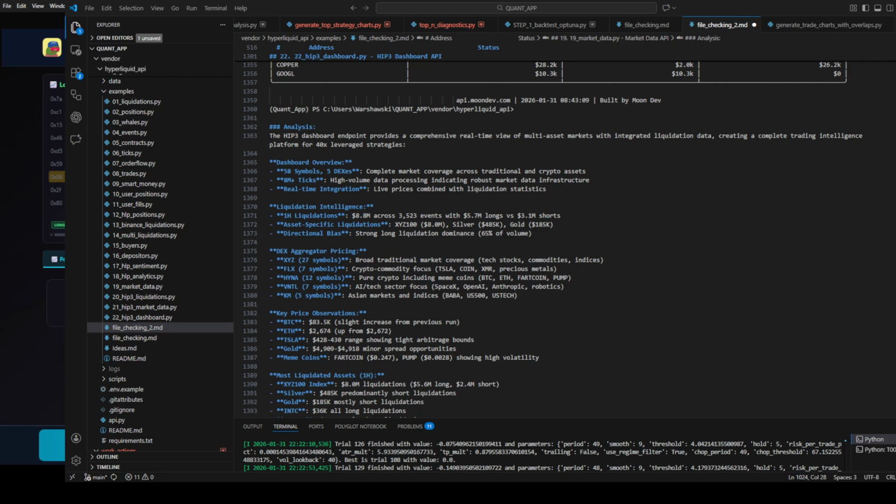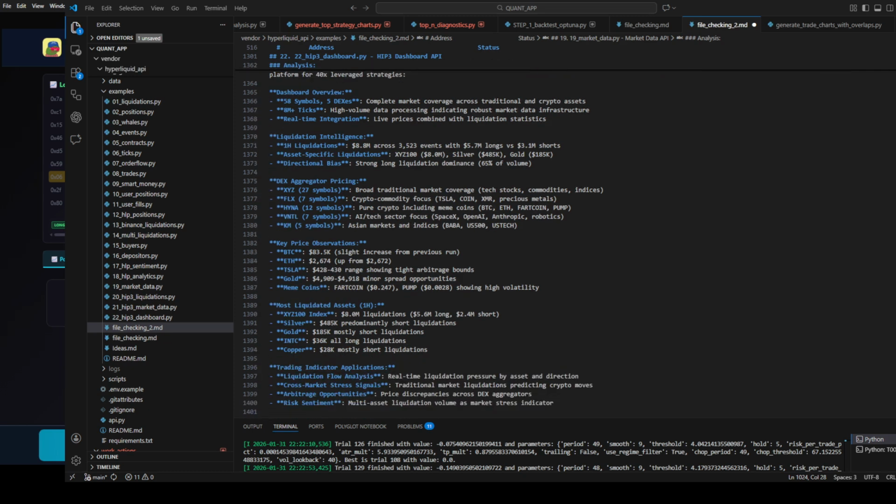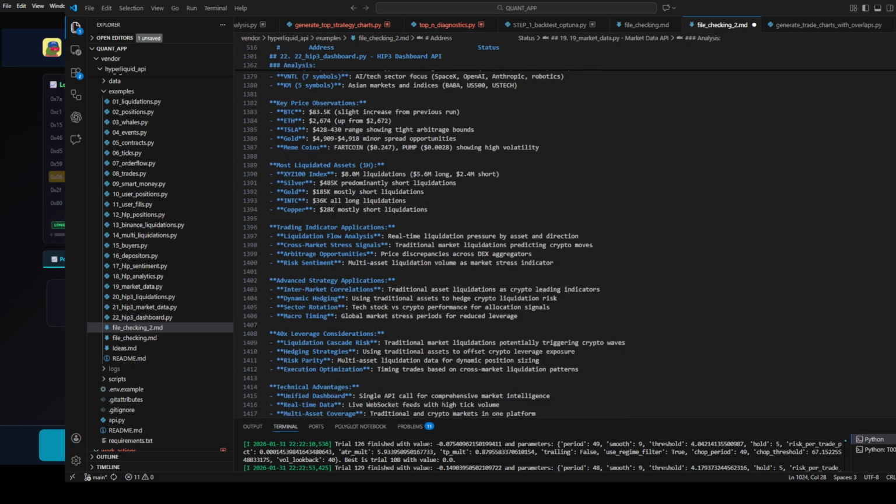So we have this one here, the last one, the HIP dashboard. So yeah, we have 58 symbols, 5 DEXes, 8.5 million plus ticks, real-time integration, liquidation intelligence, 1 hour liquidations, asset-specific liquidations, directional bias, strong liquidation dominance, 65% of volume, DEX aggregator pricing, key price observations, then most liquidated assets, the trading indicator applications,